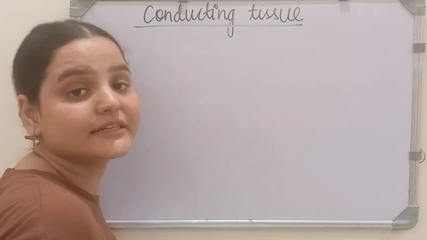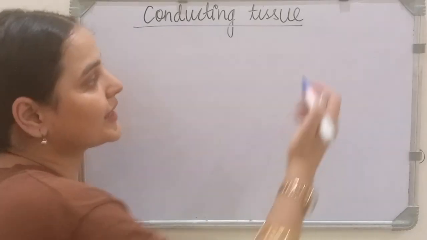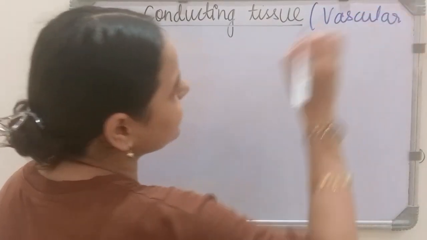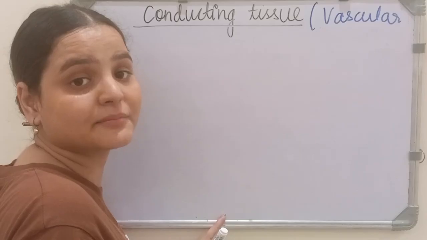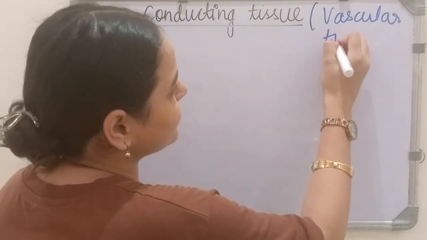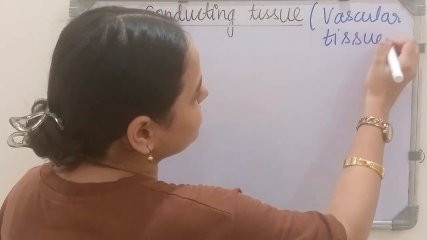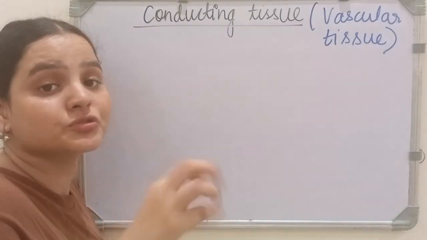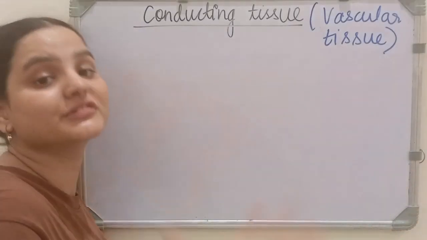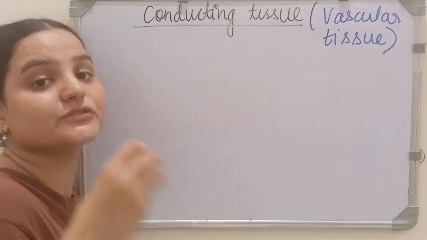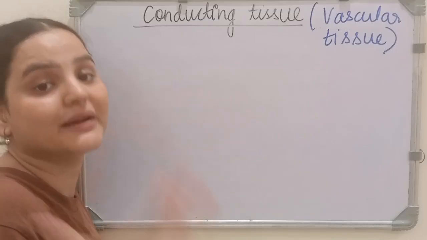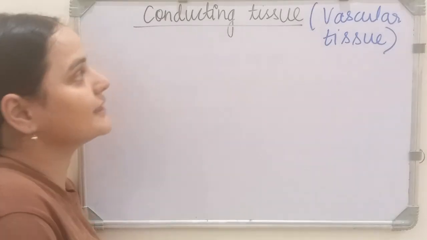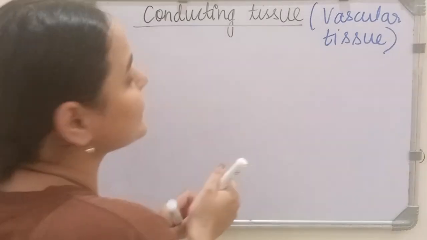So let's begin. These tissues are also known as vascular tissues because this conducting tissue consists of vascular bundles, xylem and phloem. That's why they are also known as vascular tissue. Now, the word conductive itself means to conduct or transport something, and that something is food or water or dissolved materials, be it hormones or any other chemical. So let's write it. So conductive tissue, its function is to